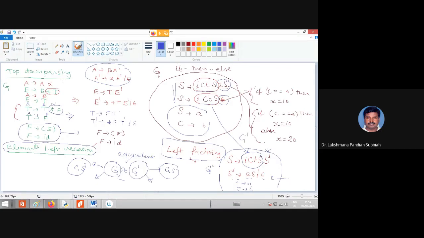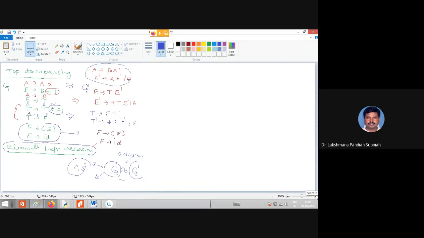Similarly here, this is the grammar. Now after elimination of left recursion, you consider it as G dash. So both are equivalent. Equivalent means whatever string is generated by this grammar, the same string can be generated by that grammar also. Then that is equivalent. Right? Now, forget about that one. Here now I will remove this. So here you don't have an elimination of left recursion. So you have to close it. Here now for this grammar we record. Now we will continue our work.